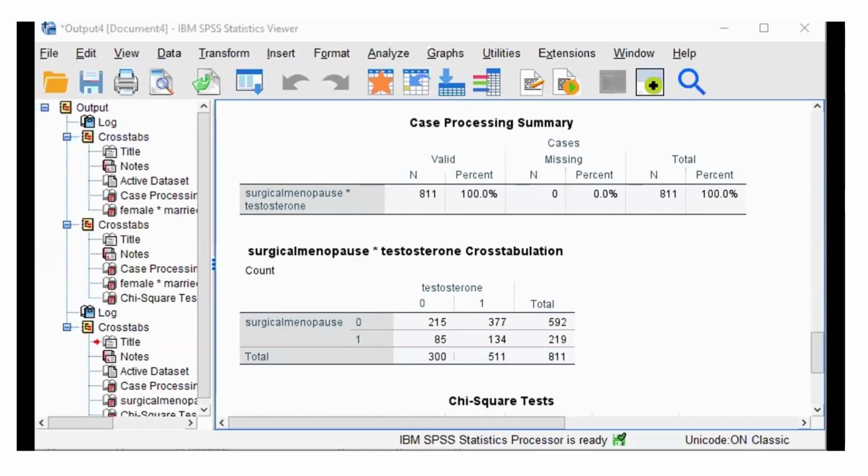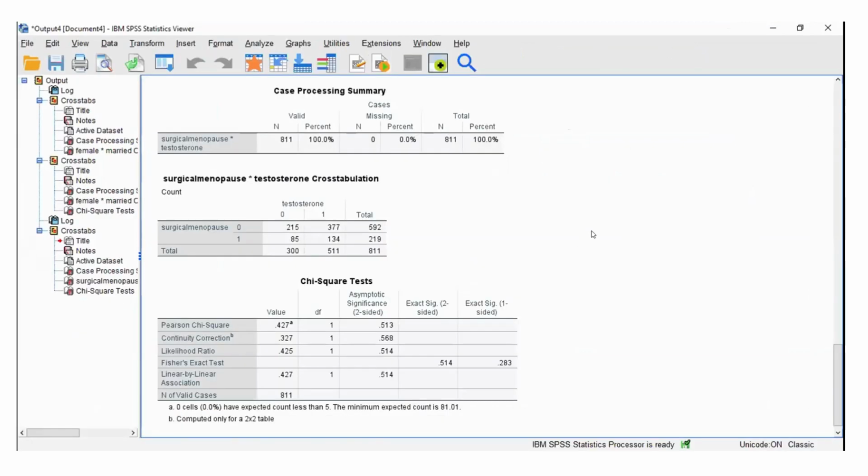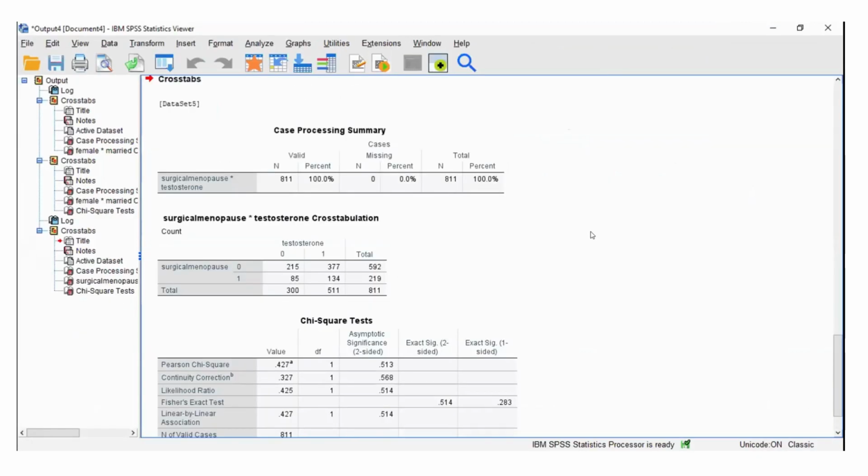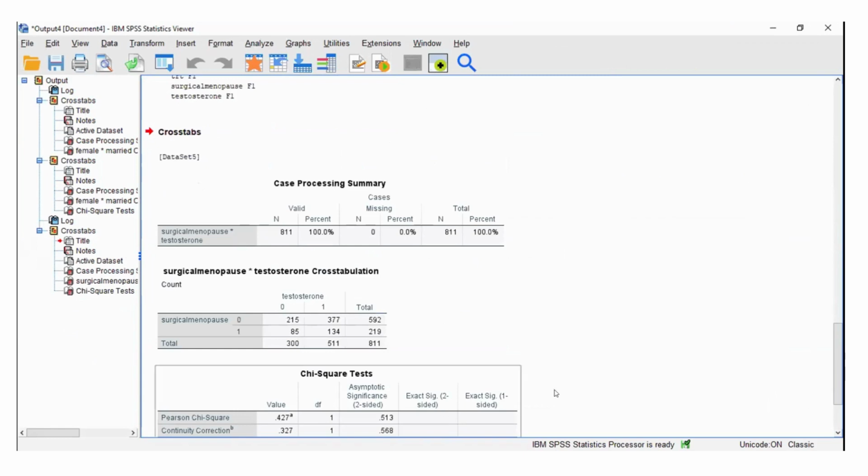I was surprised to see that outcome. Can you see my screen? Go through the process step by step.